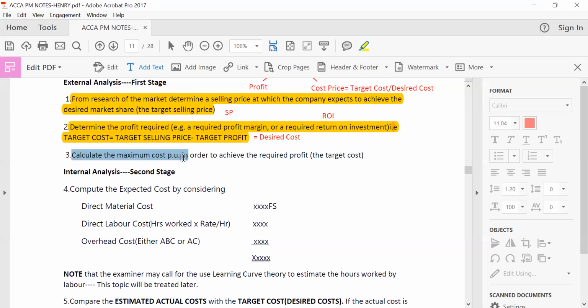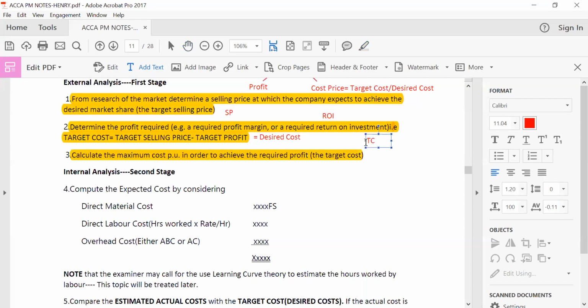Now it can be that the target selling price they give you is huge, let's say $350,000, and the target profit you got to be, let's say, 20,000. But we can ask you to calculate the target cost per unit. So if such a situation arises,